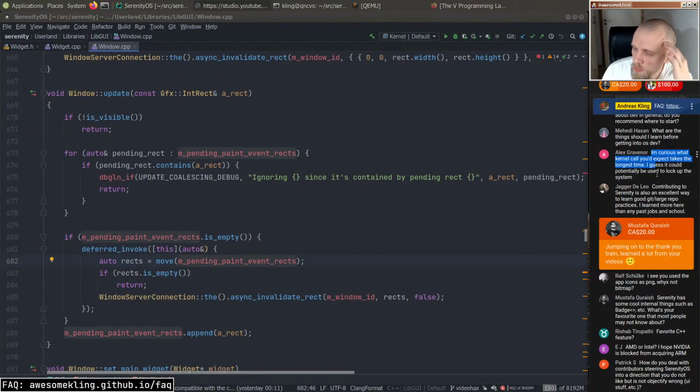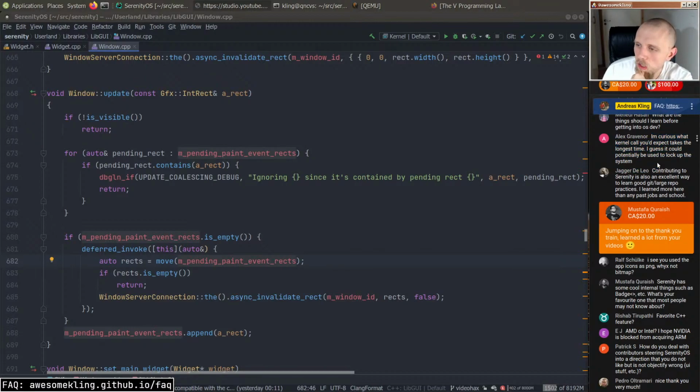Alex says, "I'm curious what kernel call you would expect takes the longest time. I guess it could potentially be used to lock up the system." So there are a whole bunch of kernel calls that can take an infinite time, right? If you, for example, try to do anything that's blocking. Or say that you just sleep for 10 years, that is going to take 10 years. But if you're talking about stuff that actively runs on CPU in the kernel,